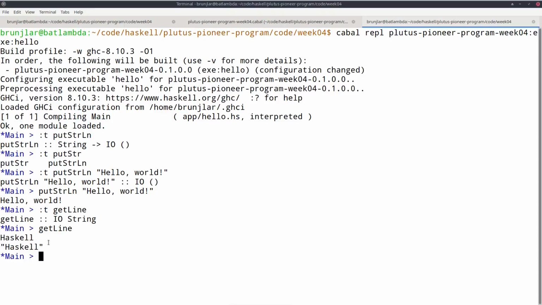And there are, of course, a variety of IO actions predefined in Haskell. And we now saw how to write to the console and read from the keyboard. And obviously there are many actions to do all sorts of things that you would expect, like reading files, writing files, opening sockets, reading from sockets, and so on.